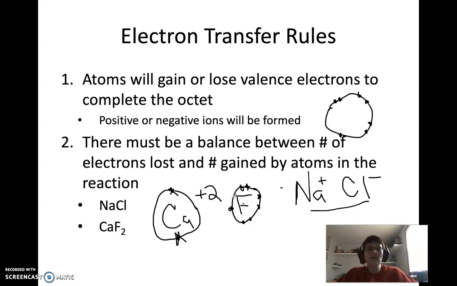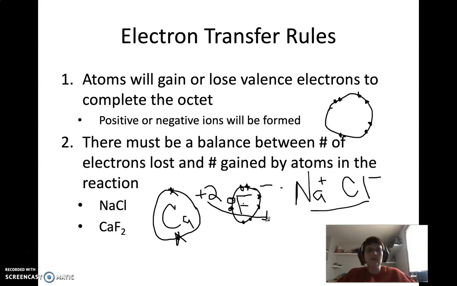So it's going to pick up an electron right here, so it's going to be negative. What you can see is that this isn't balanced. We've got a +2 here for calcium, and just a -1 for fluorine. To make this a compound, this